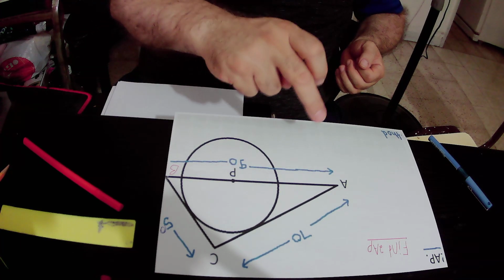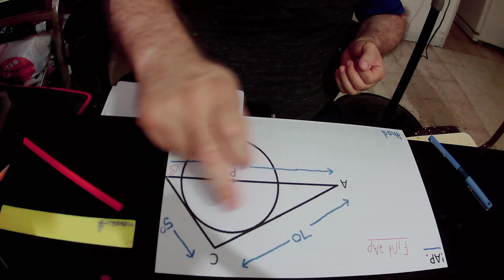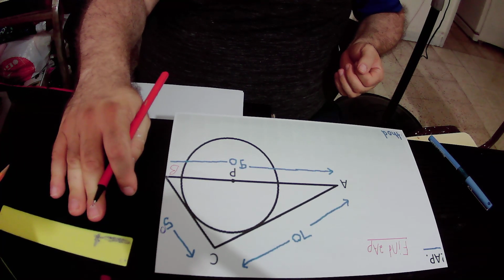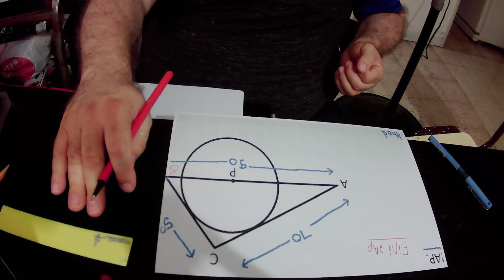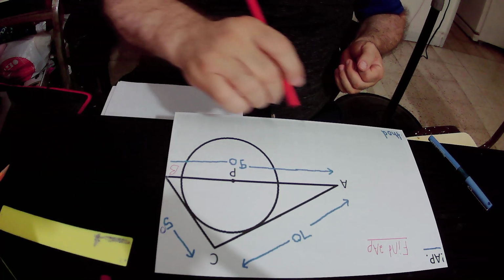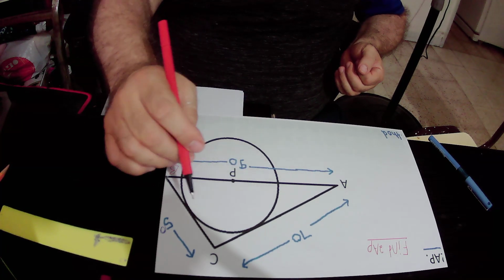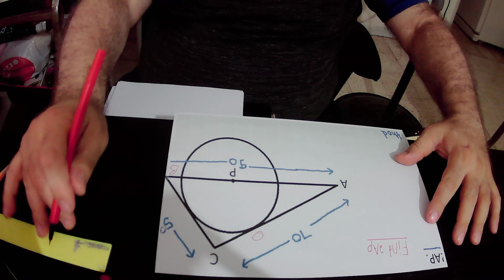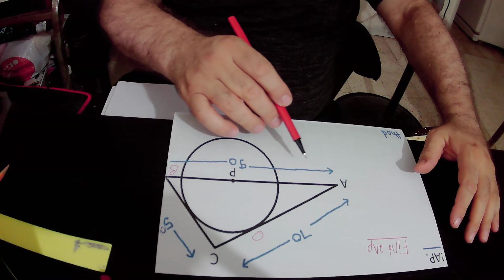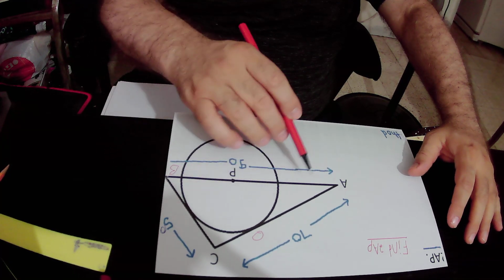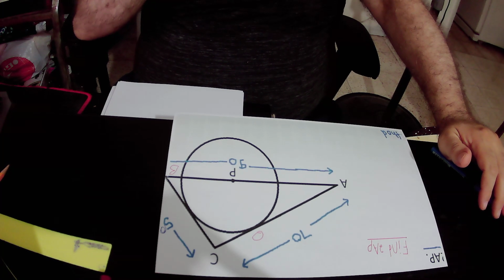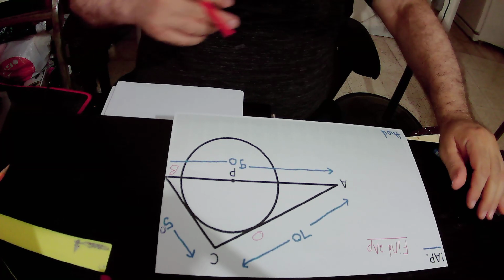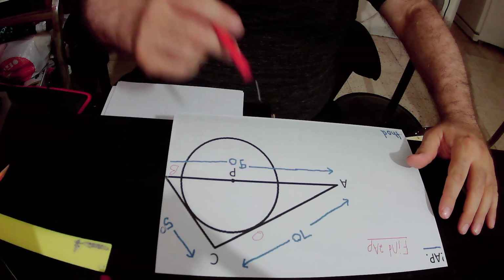The first tangent to this circle is side AC of the triangle, and the touching point between side AC and the circle will be called O. So O is the touching point between side AC of the triangle and the circle. Or we can say also that side AC of the triangle is tangent to this circle at point O,